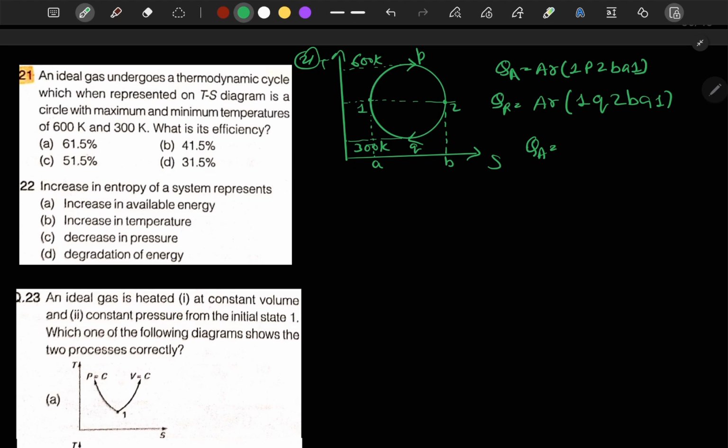This temperature here should be 450 Kelvin because it is in between 300 and 600 Kelvin. Now QA is 450 into this distance. If the complete difference is 300, this difference should also be 300. So QA is 450 into 300